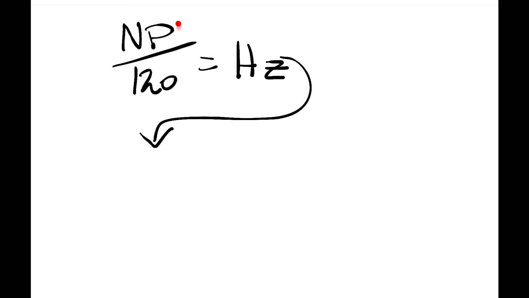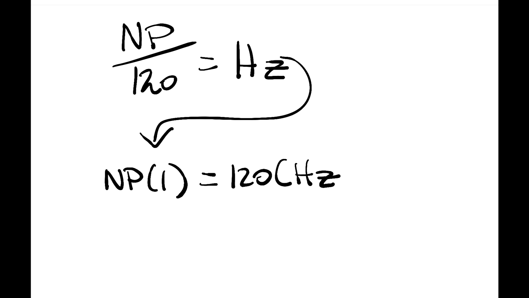So what I've got to do is get rid of the fractions. I'm going to do that by cross multiplying. NP times hertz, which is like saying hertz over 1. NP times 1 is equal to 120 times hertz. And I guess that's the idea we're talking about with this equation, right? One side equals the other. So NP times 1 is equal to 120